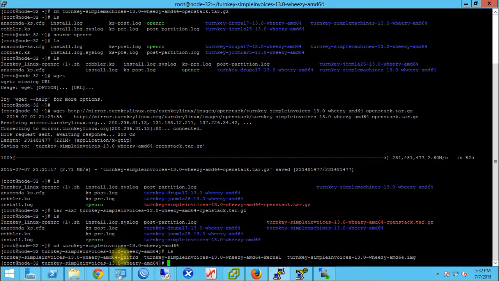One ends in INITRD, that's your RAM disk file. This is your kernel file, and this is the image file. Okay, so now we're going to start uploading all of this into Glance. So first I'm going to upload the RAM disk. So I'm going to say glance